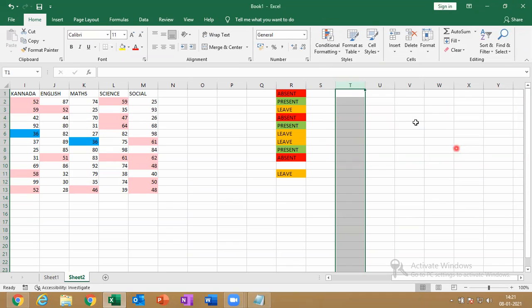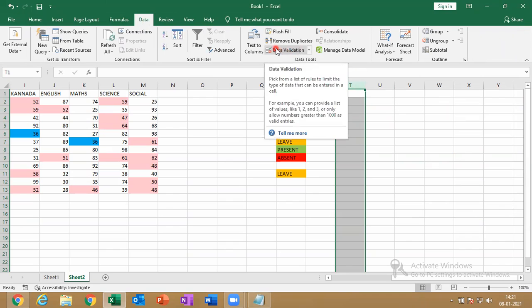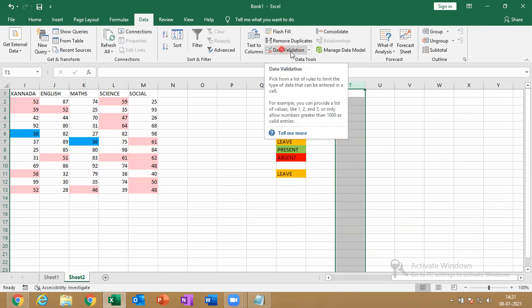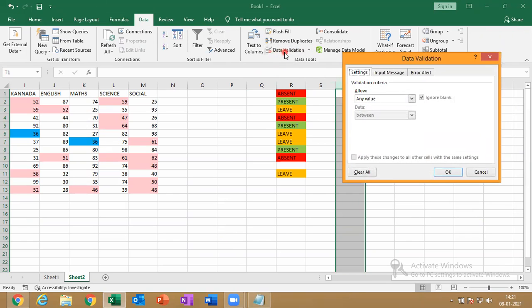Clear until here? Then select the entire column, go for data tab here, go for data validation. I think you can see the laser light, so it will be easy to find. Just click on the data validation. Here you have allow. Just click, select the list.